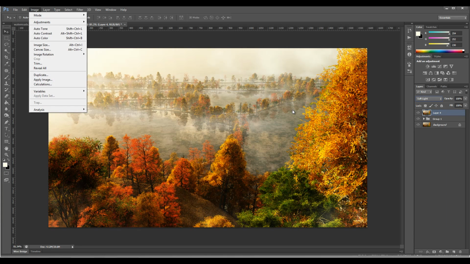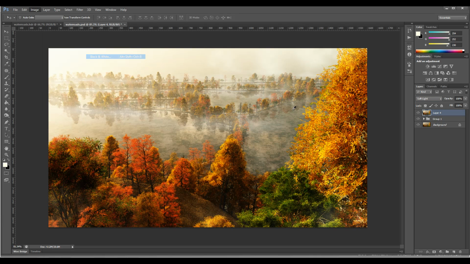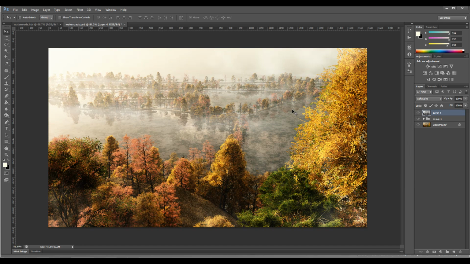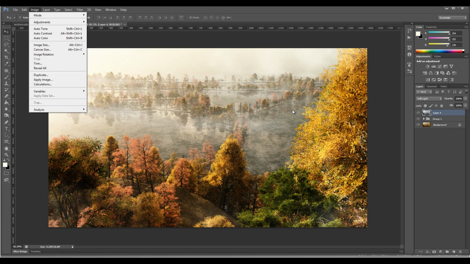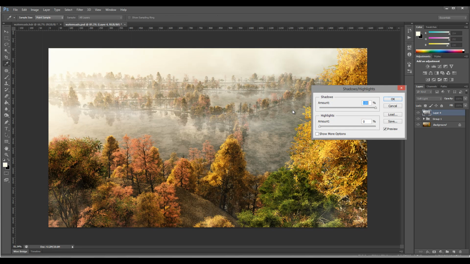We'll go to image, adjustment, and we'll go to black and white. On the black and white, we can adjust which one we want to bring brighter. And then we can see how, let's bring a little bit of red and yellows up. Okay, we'll take the blue a little bit darker. Okay, we'll click OK. And next we'll go to image, adjustment, and we'll take shadow and highlights, and we'll bring